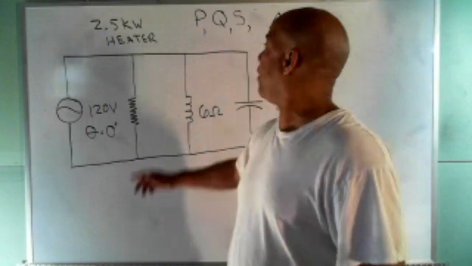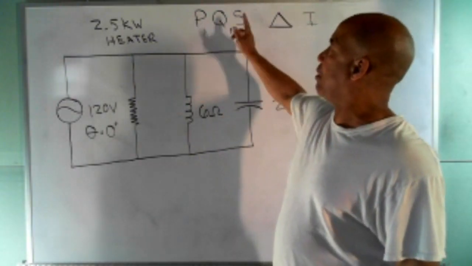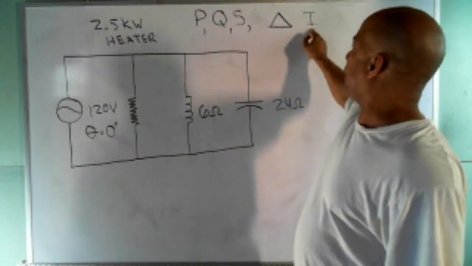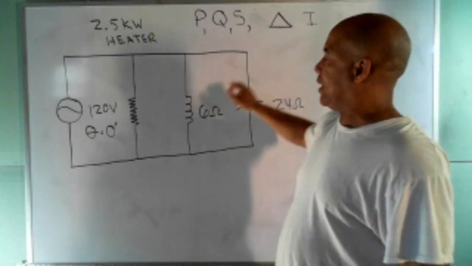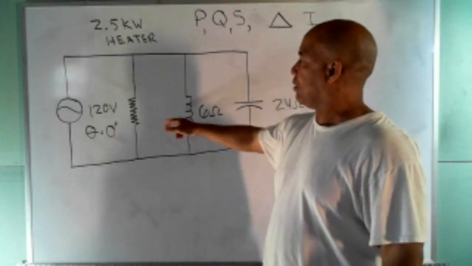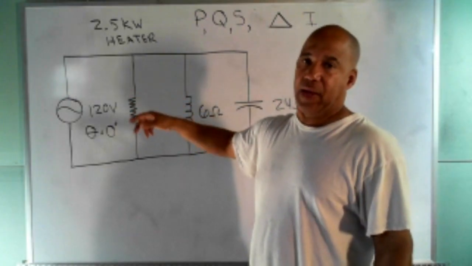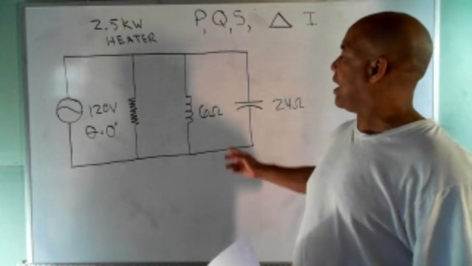So I have all that listed right here: total power, total reactive power, total apparent power. This triangle means they want you to draw the power triangle, and they want you to find the current. Now, one way to find the current is, since we know these, well, we don't know this value, we could find that value and find the current that way. But I'm going to show you another way to find the current